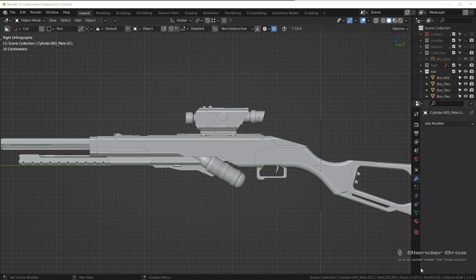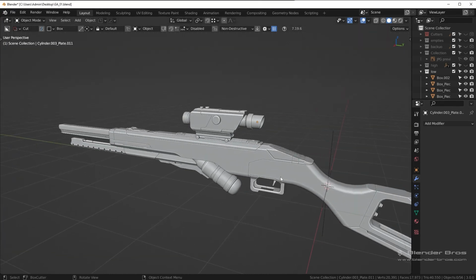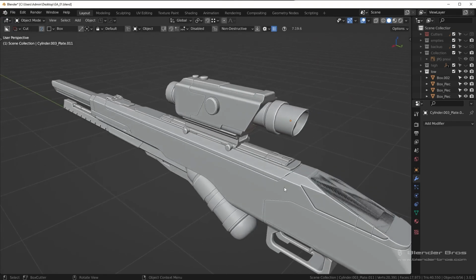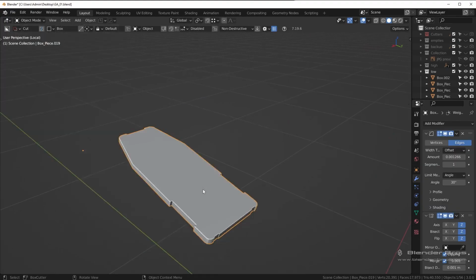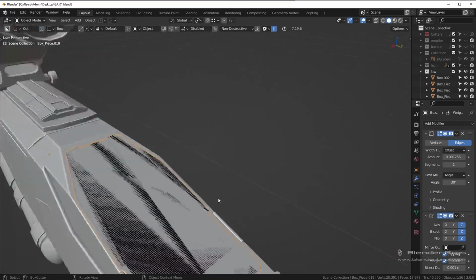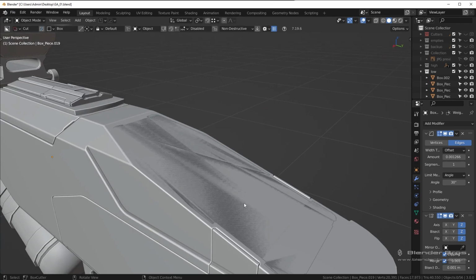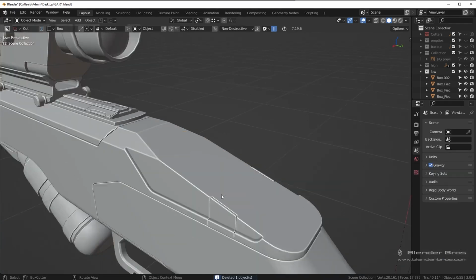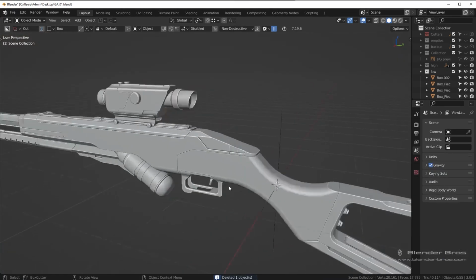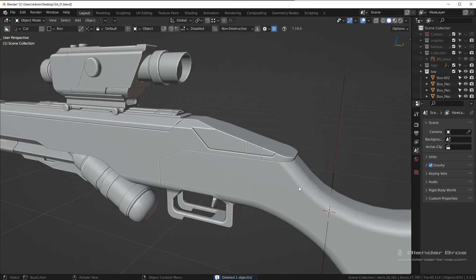So although this number seems quite high, this is actually reasonable given every single thing on this weapon has a 1 segment bevel on it. Makes sense? And just to prove it to you, let me show you what would happen. What in the heck is this? Oh, actually this is a piece that's going to get baked on, so I can delete that. Cool. Alright, let me show you what would happen if we didn't have any bevels on it, just to show